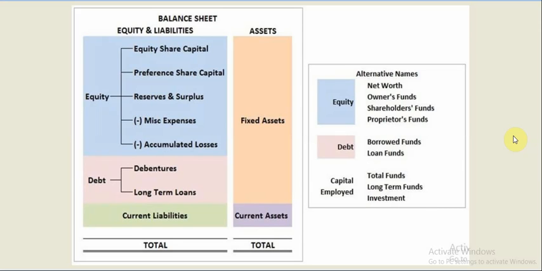Hi friends, in the previous video we saw ratio analysis and its purpose, the advantages and limitations of ratio analysis. So the next part of the chapter is classification of ratios and problems based on each of those classifications. Before we go on to that part of the chapter, I want to make sure that every one of you is comfortable and clear about the structure of a balance sheet, because understanding the balance sheet and knowing its structure is very critical for you to solve problems based on ratios.